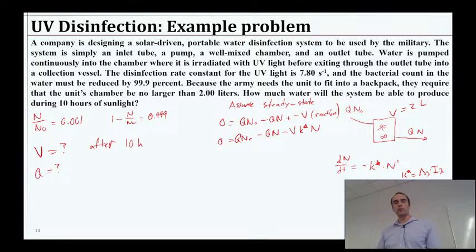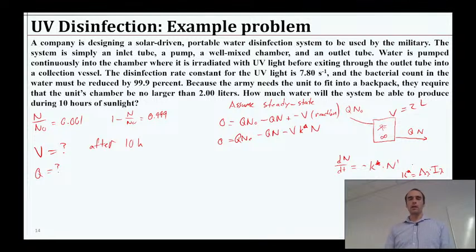We just need to run it for a certain amount of time, so we make that assumption. That means our mass balance is no net accumulation. So 0 for that term is equal to what's coming in minus what's going out minus whatever's being killed by the reaction, the UV light. And when we think about that reaction term, here's where it could get kind of confusing. dN/dt, we know we can simplify it down to negative k star times N. That should be what it simplifies to.